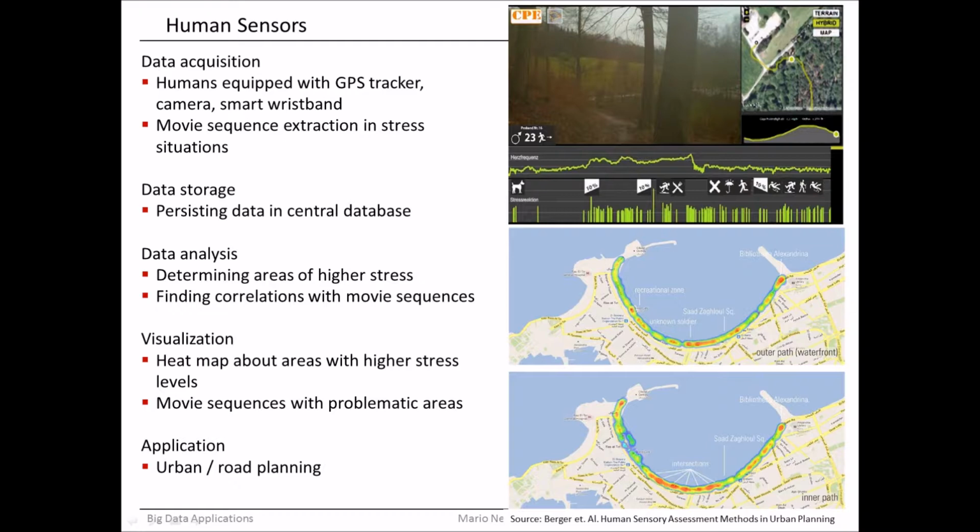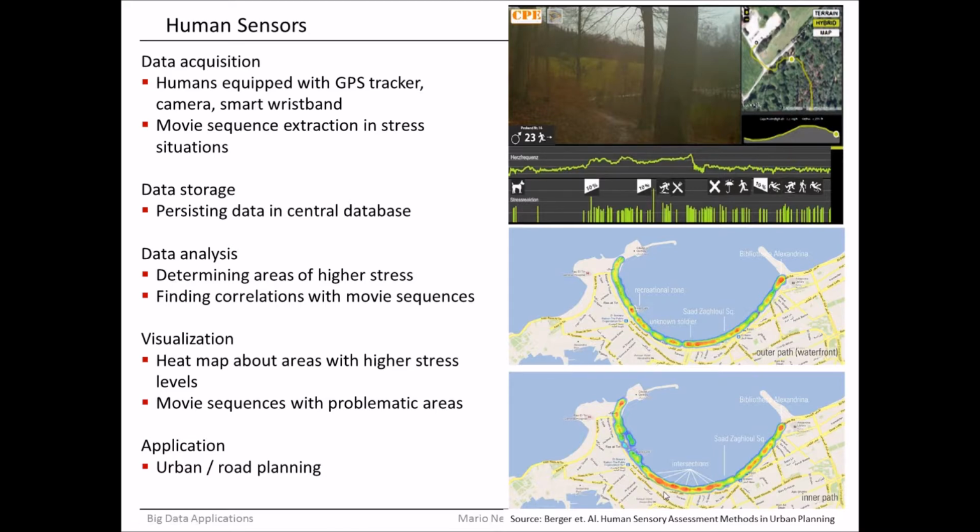You could also make a visualization of your data, a visualization in form of a heat map, for example. That's what you can see here on the lower right side, where you have this geographic map, and there's a certain path which the people passed by, and the path data show that in a certain area, maybe in the area here, there are higher stresses